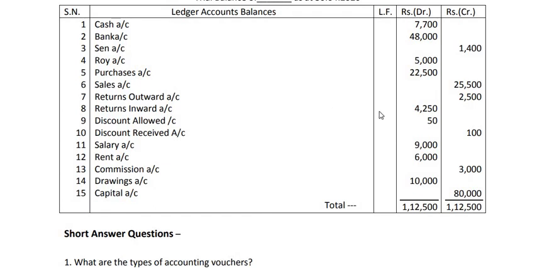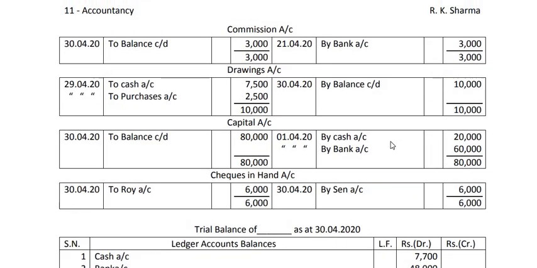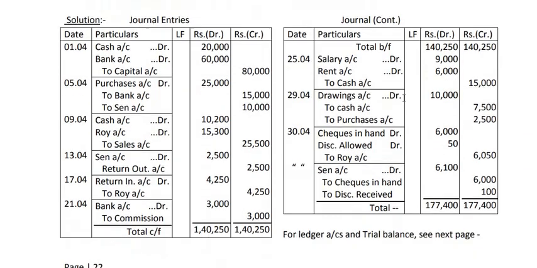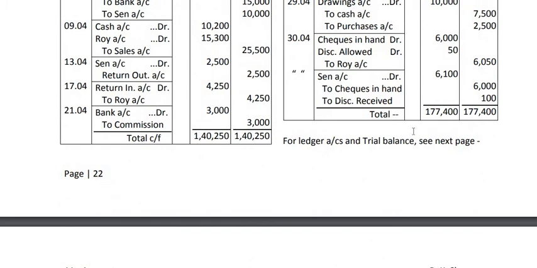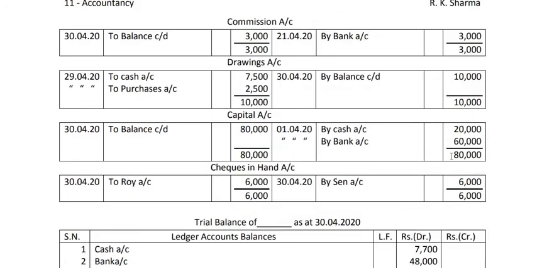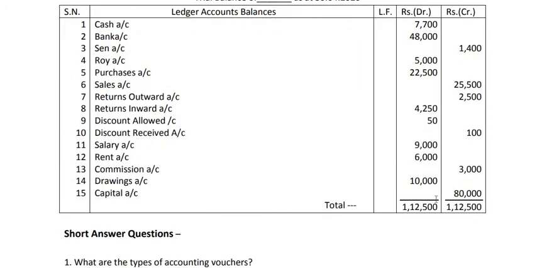Okay. So this is how to record various transactions in the journal, ledger and trial balance. This is a very lengthy illustration, illustration number 17. It covers about 2.5 pages. Journal entries are here on page number 22. Then ledger postings are on pages 23 and 24, and the trial balance is on page number 24. So this is how to make a journal entry, make ledger postings, balance the accounts and prepare a trial balance. When the trial balance agrees, that means both sides are equal, and generally we assume that everything has gone correctly.